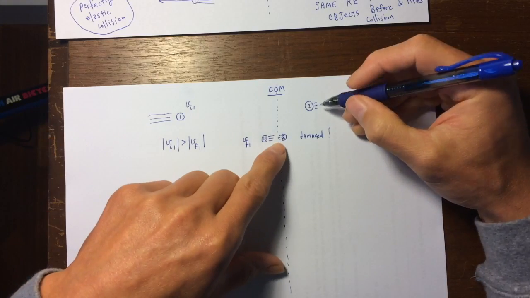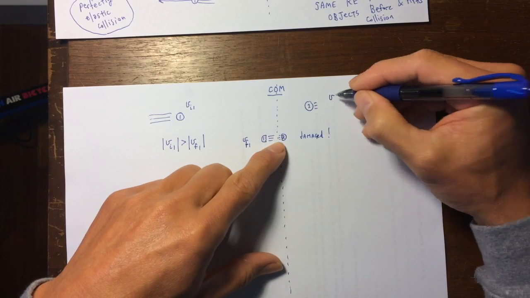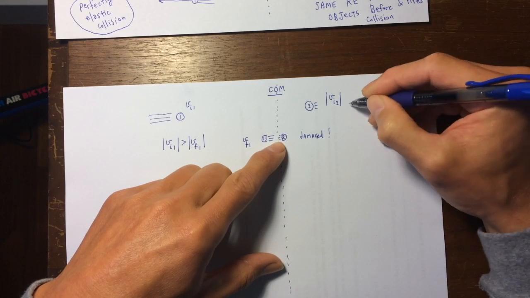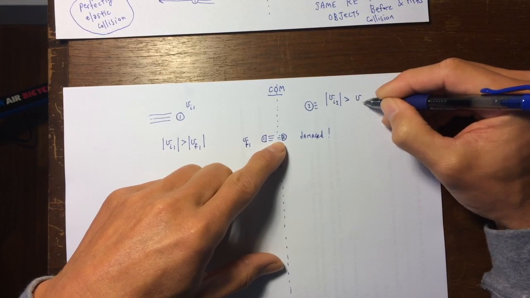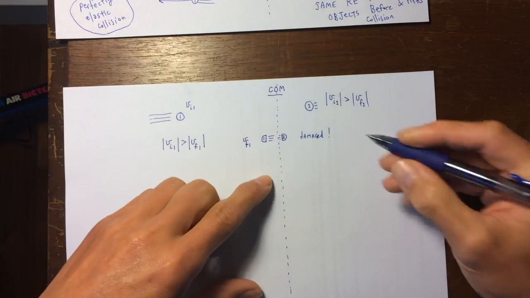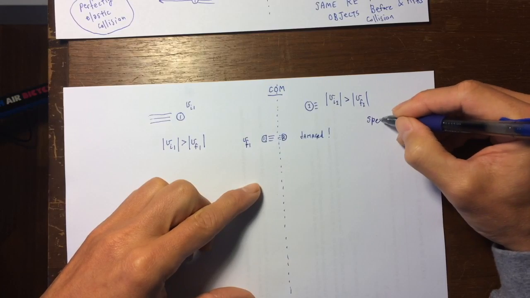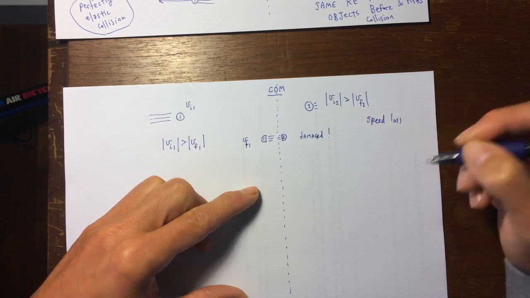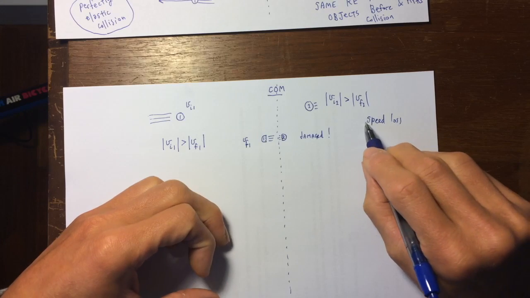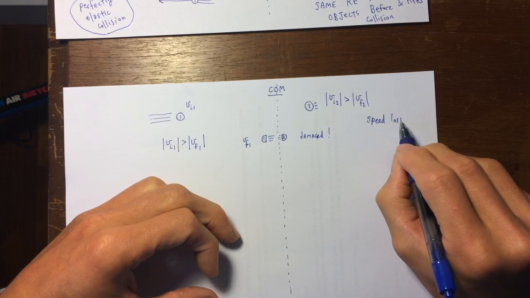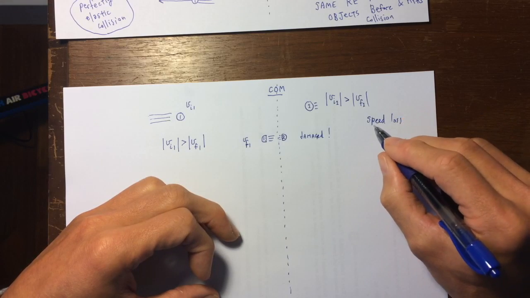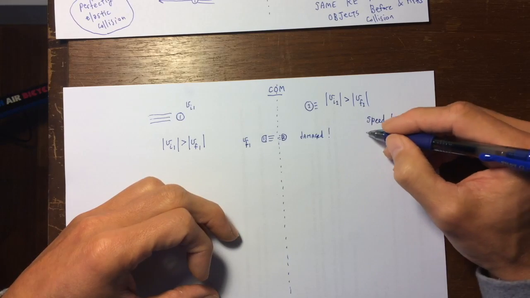And then number 2, same kind of idea. V initial for number 2 has a magnitude that's going to be bigger than V final for number 2. This is the idea. So there is speed loss. I don't like this very much because it doesn't really tell you any physics, but this is similar to the idea of